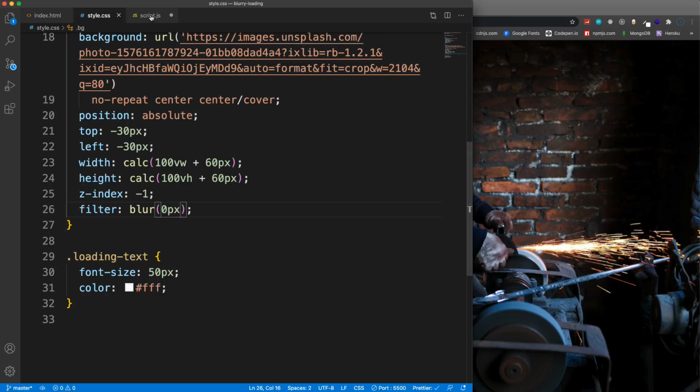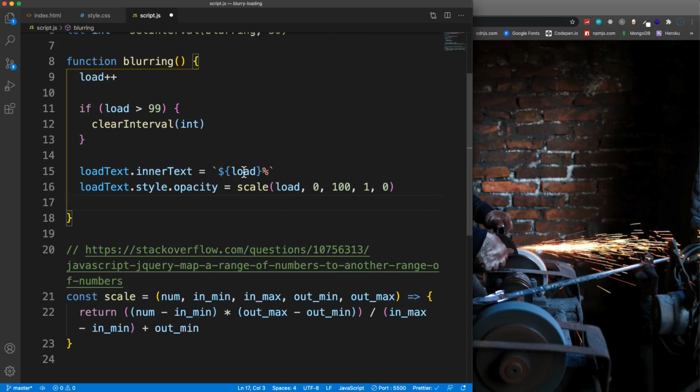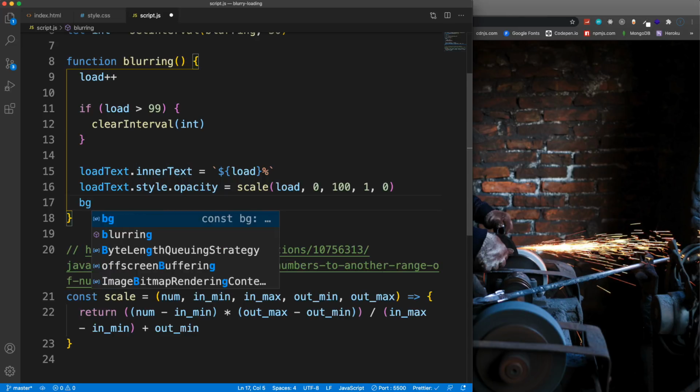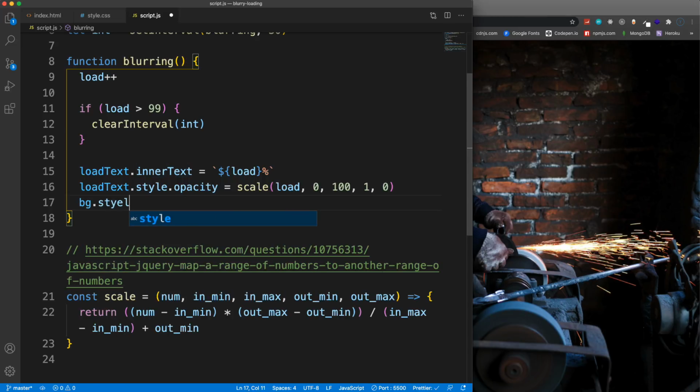So we have to map the 0 to 100 to 30 to 0, because we're going to start blurred. So we want to start at 30 pixels and bring it down to 0 when the load is done. So let's take the BG, the background, and let's take style. We want to do style.filter,